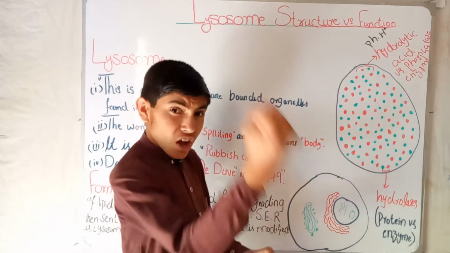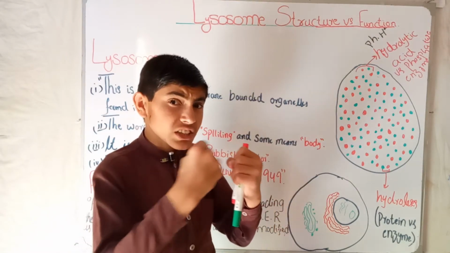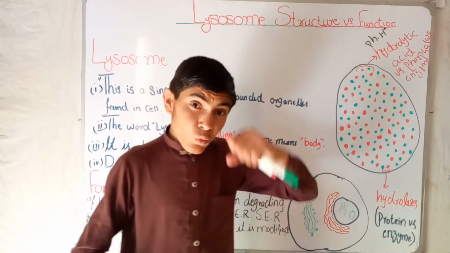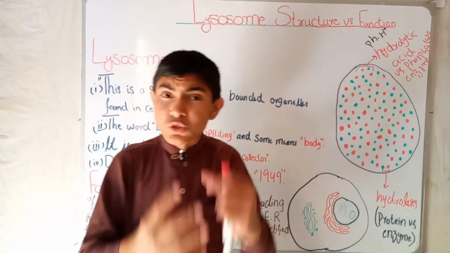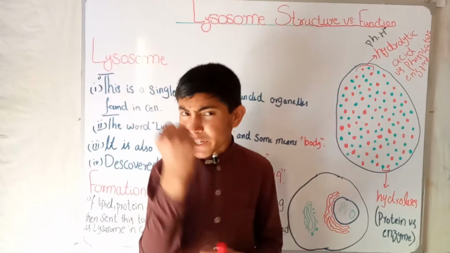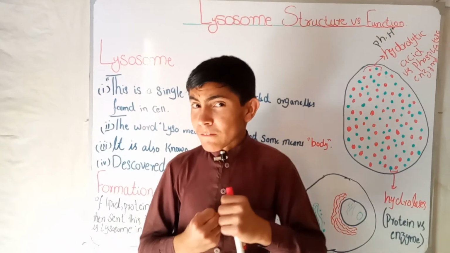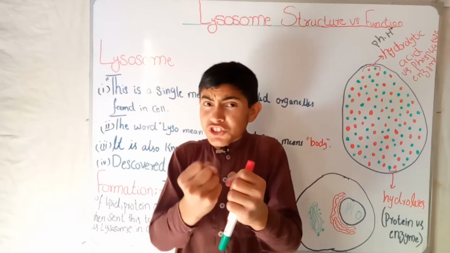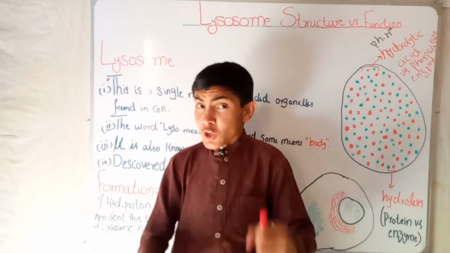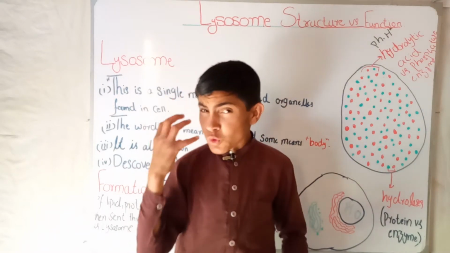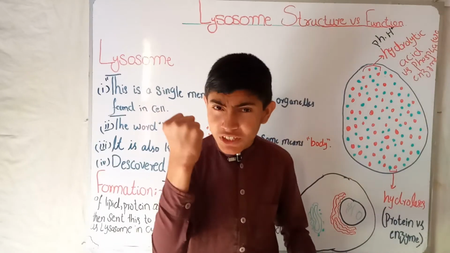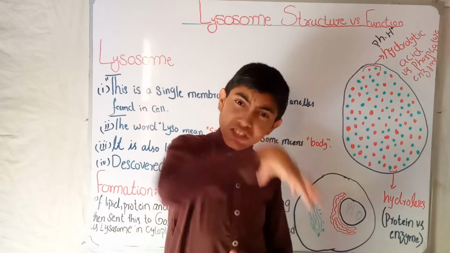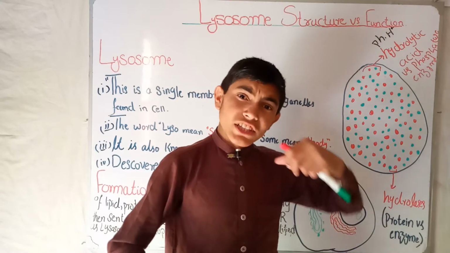They eat all the content present in the cell which is expired. The word lysosome means splitting, breaking down, and soma means body. So it is the body of breaking down and splitting, and then it eats this and digests this, and then sends out